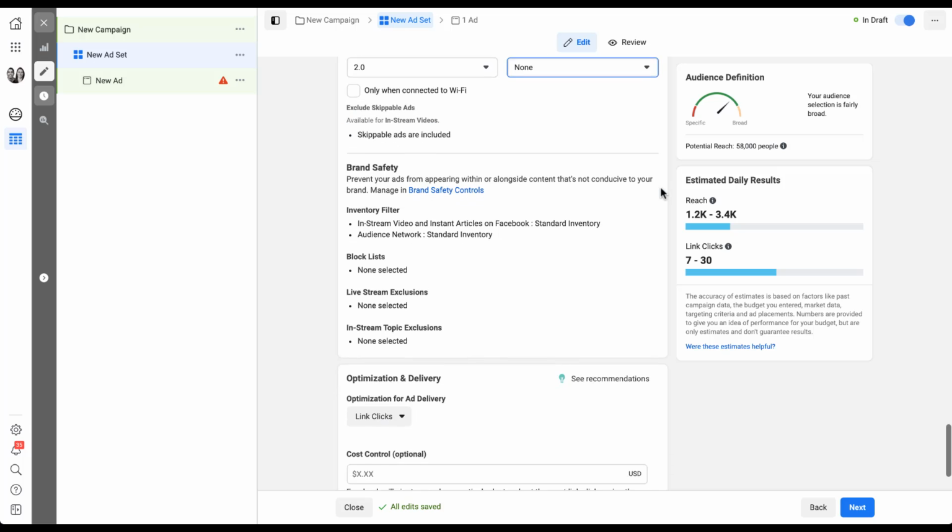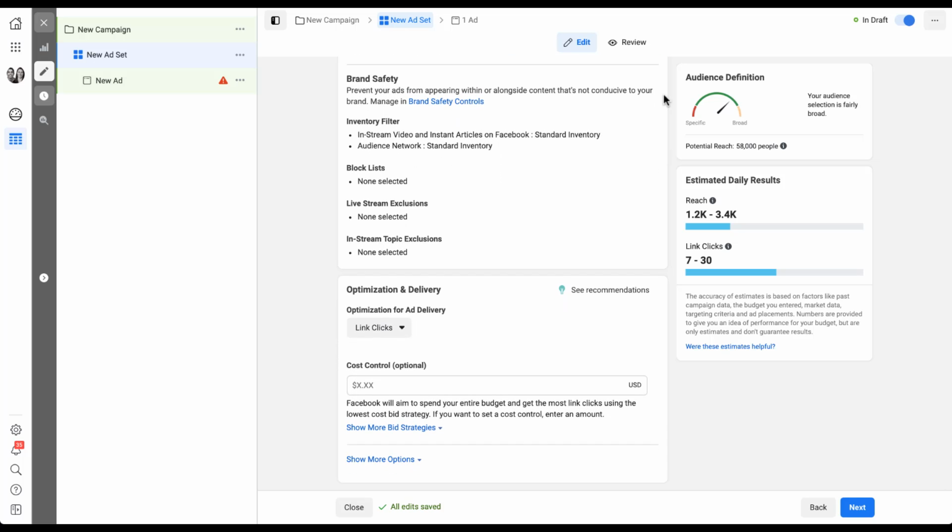And the last thing we can do is start to control brand safety. I don't want to go through too terribly much of this in this video. I think this is a topic for another day, but basically what this section lets you do is prevent your ads from appearing within or alongside content that's not conducive to your brand. You can manage this from the brand safety controls, which is also in your business settings in the main navigation of Facebook ads. But here's where you can set up some specific ad set level inventory filters, block lists, live stream exclusions, and in-stream topic exclusions if you want to make sure that your ads show up only alongside very